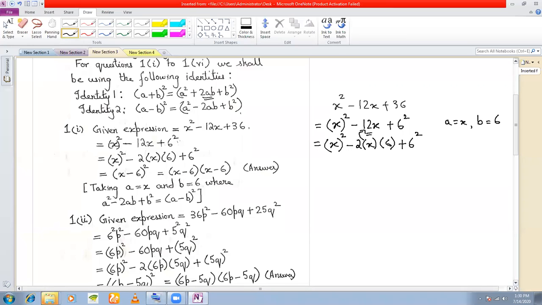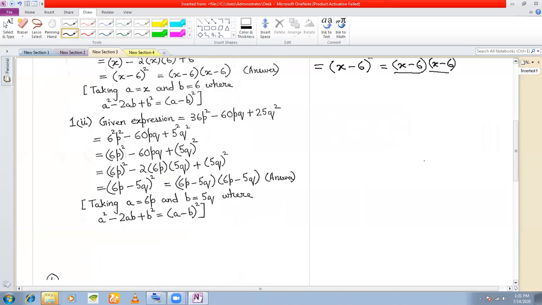So plus 6 square. Now this is of the form what? A plus b or a minus b? You have a minus 2ab. So obviously this is a minus b whole square, which can also be written as a minus b into a minus b. So this term has been factorized into two factors. Any problem now? You tell me. Any problem here? No, sir. If you understand this concept, it will become very easy. Let me discuss one more so that it becomes clearer.